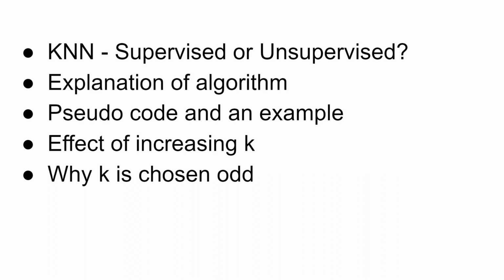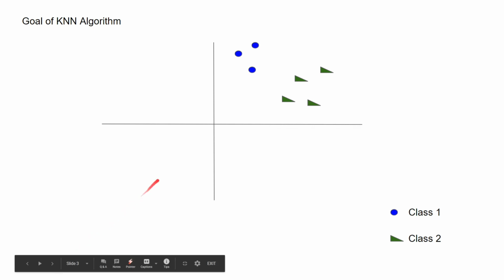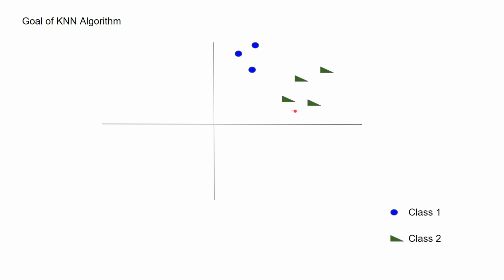Let us first understand the purpose or scenario wherein we might want to use the KNN algorithm. So consider a set of data points as shown here. Here we have 3 blue points belonging to class 1 and 4 green points belonging to class 2. Now say I give you a test point like this and ask you to classify this test point into either of these two classes. Now by intuition it seems that this test point should belong to class 1, because our intuition says that this test point is closer in distance to the points belonging to class 1. So we should classify it into class 1.